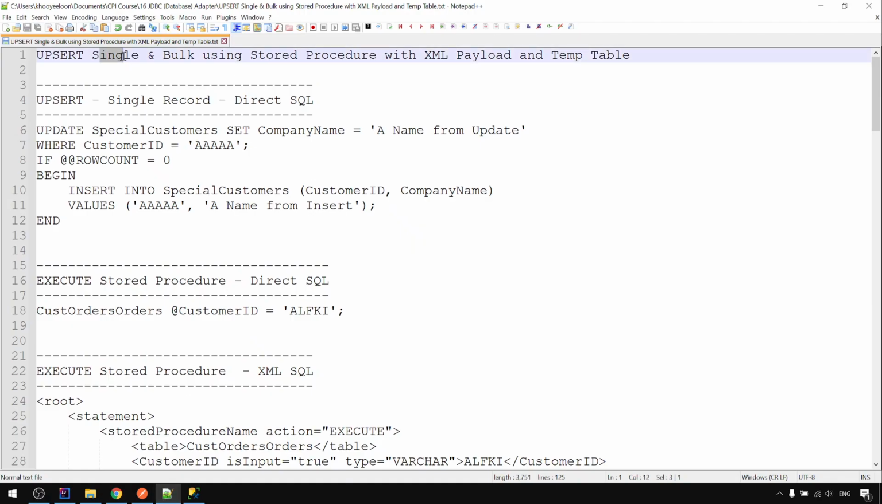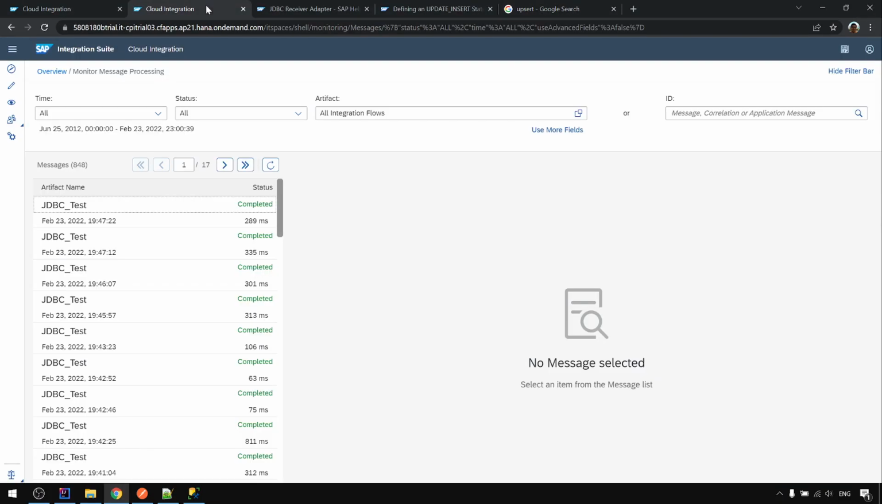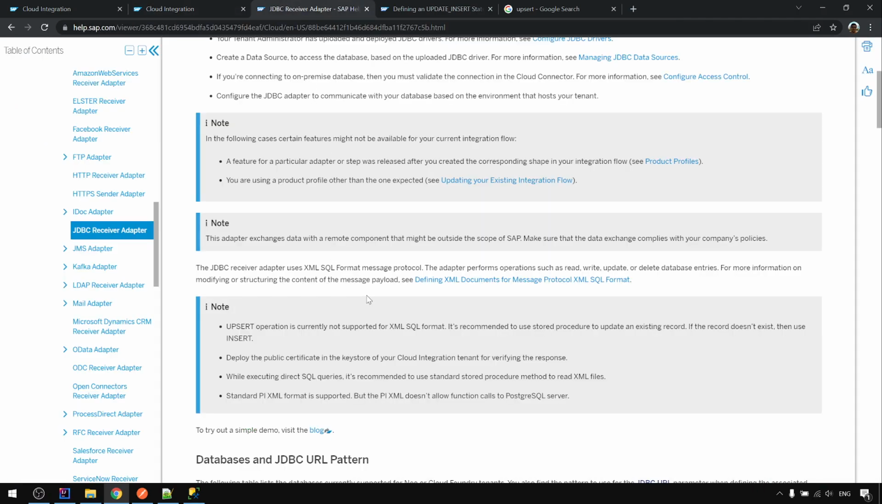We will look at the single UPSERT case and the bulk UPSERT case using a stored procedure, where we pass an XML payload into the stored procedure and use a temp table to do the set-based SQL UPSERT. First, we will check on the cloud integration